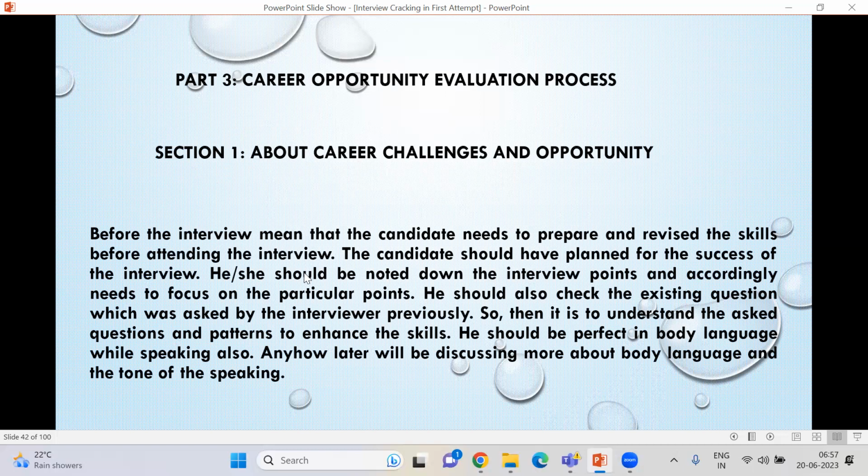So section 1 talks about the candidate needing to be prepared before attending the interview. Once one is planning to attend the interview, before that he should check out the existing points or existing topics to be revised by the candidate, and he should remember the most asked questions from the interviewer.